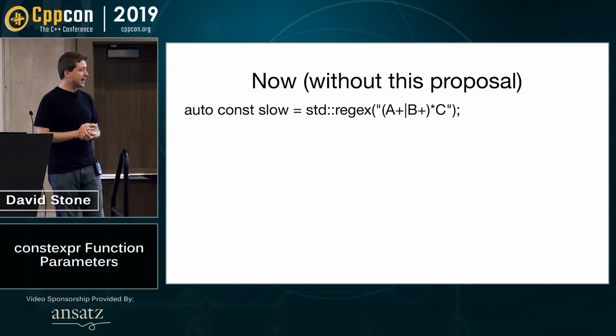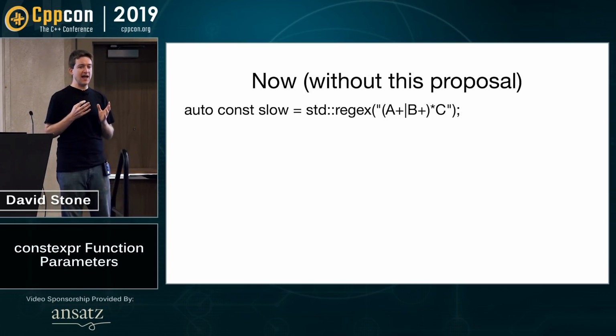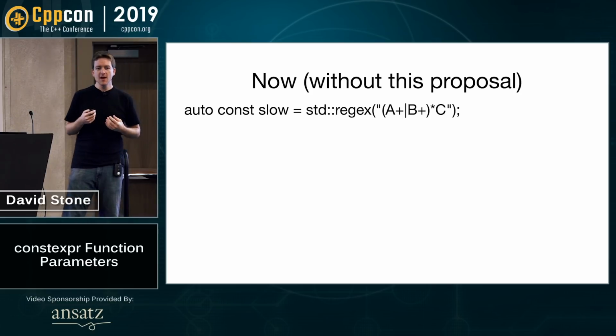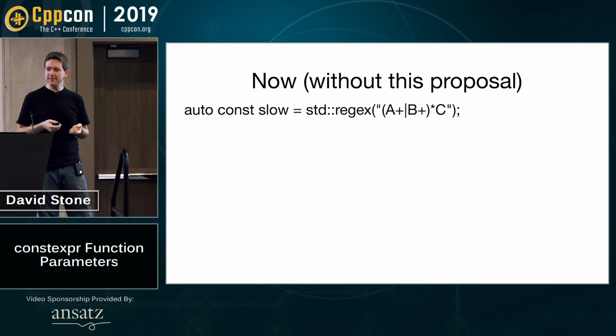But that would require the regex implementation to do 2 scans of the input string always, and have some sort of variant type in it that stores, do I have this DFA, this finite automaton that I built up, or do I have the backtracking implementation? You'd have to have some sort of way of switching on those, and you'd have to pay the cost all the time. So with this proposal,